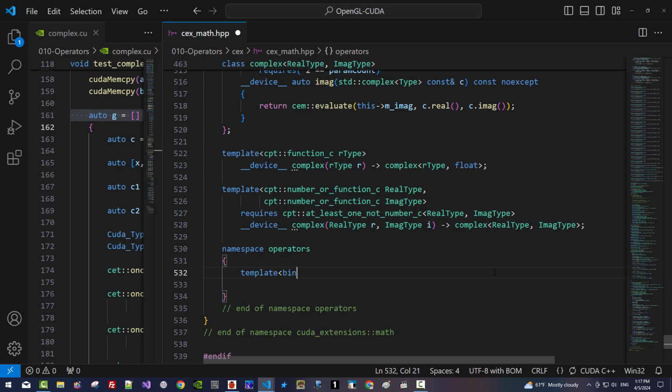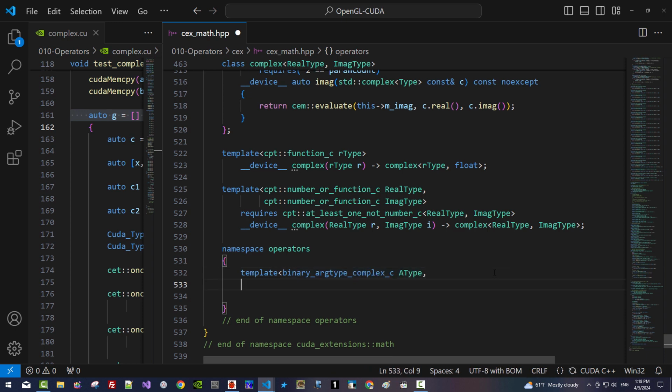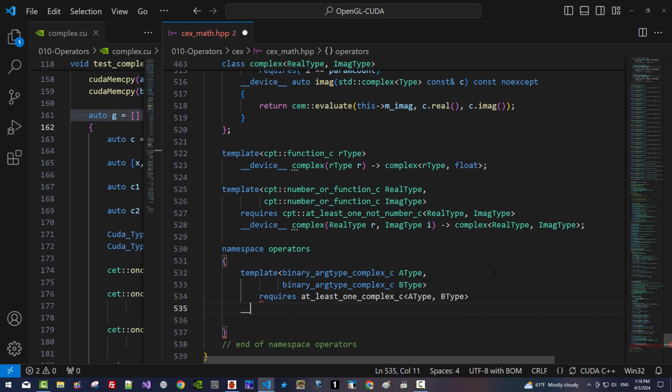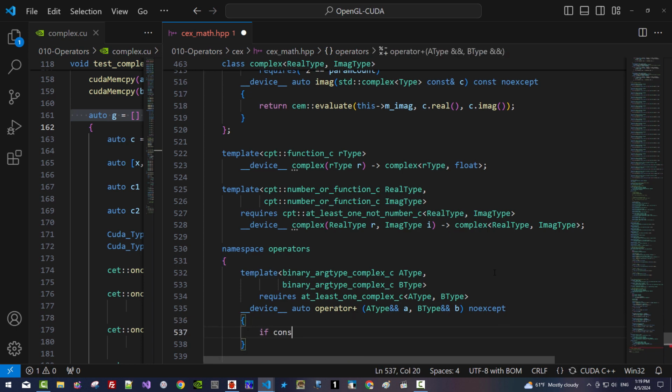Template binary ARG type complex C A type copy paste B type requires at least one complex C A type B type 2 underscore device auto operator plus A type forwarding reference A B type B no except if context for